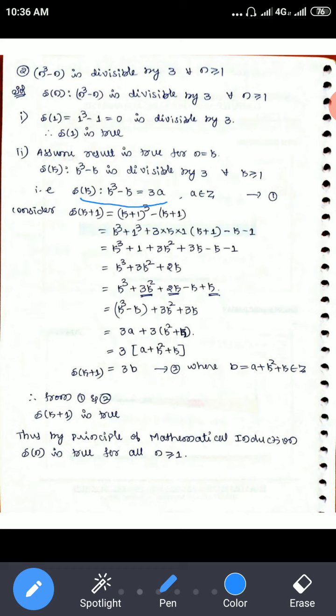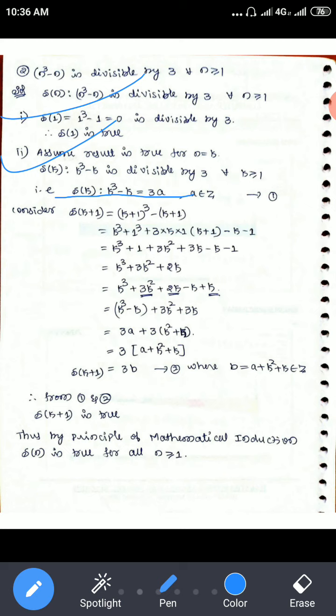So that is next. I have assumed here, okay. S of 1 is true. This first condition is over. I assumed n equal to k, that is fine, and the same result I can write this way. That is also fine. Next, I have to prove it for S of k plus 1. The result is true for k plus 1. So wherever k is there, write k plus 1.